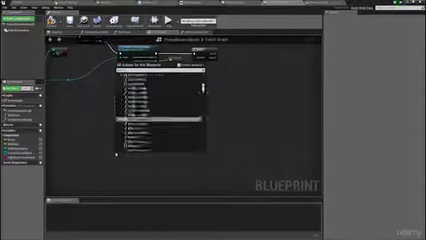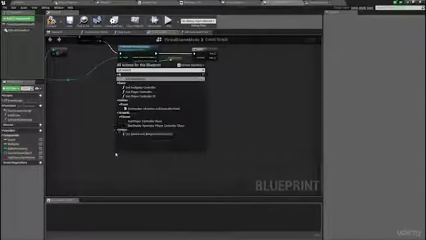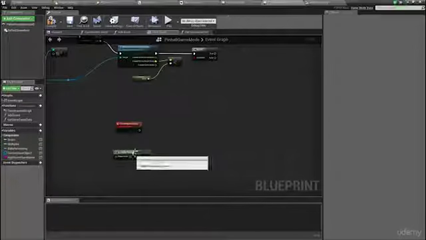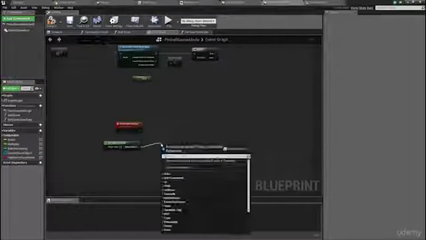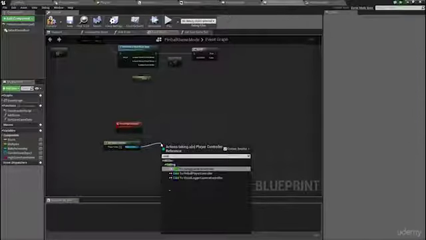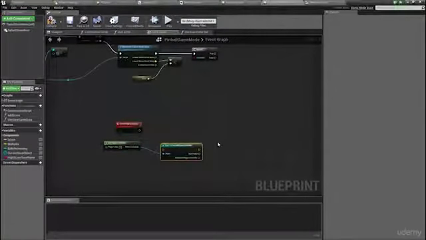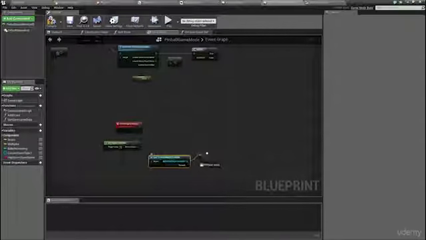So not get current player, it gets type in get controller and you'll get player controller. We know there's only one of them, so I'm just going to get this cast to pinball player controller. I'm going to convert this to pure, and from here I'm going to